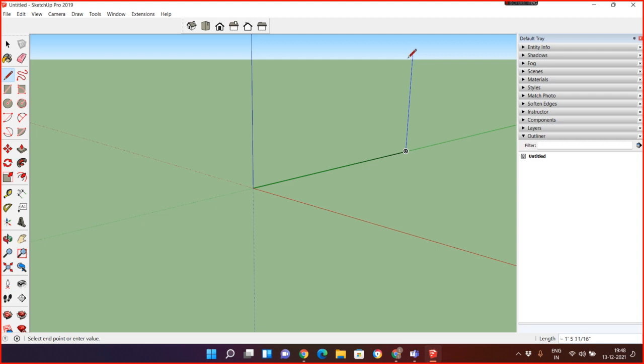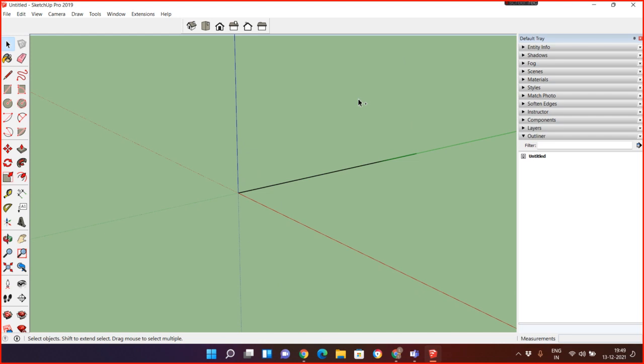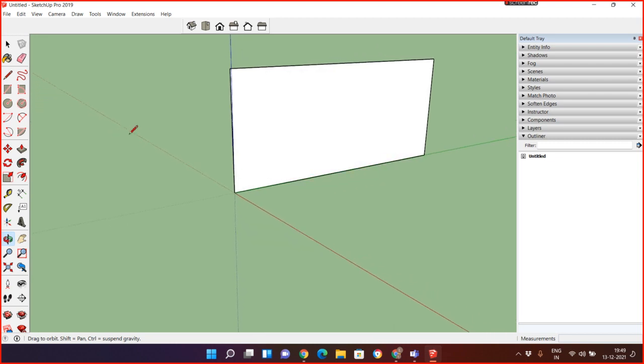Now, upper side: remember, blue means the upper side. If you go like that, it's going in the wrong direction. It's not a closed object. If you want to see, just look. But if this line is going parallel to blue, it means it is going straight. Parallel to green is going straight. Parallel to blue means a surface is created. So if you want to make a surface, be clear in your mind: the object will always be in 2D. If your line is going along the Z axis or any other axis, the surface is not created easily.